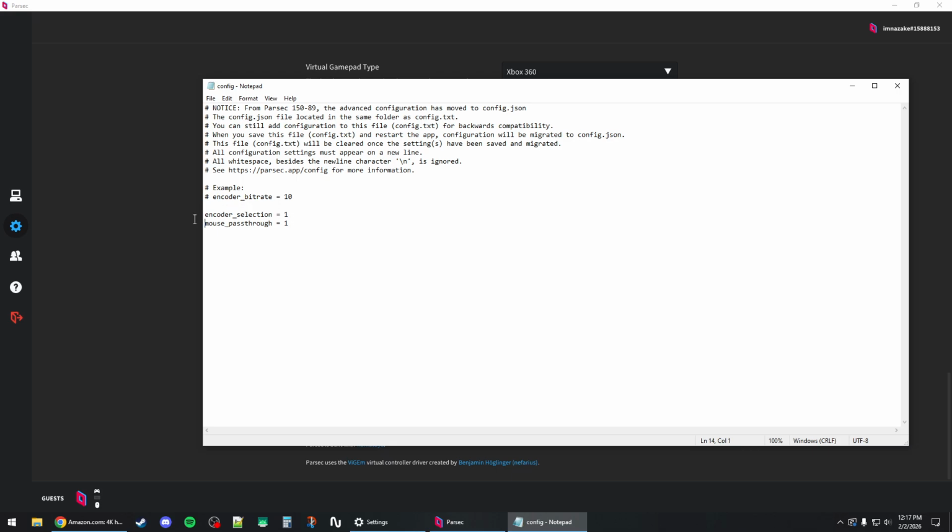And then you want to add this line right here, which is encoder_selection equals, and then the encoder type. So 0 to disable, 1 to enable NVIDIA and NVENC encoder, 2 is for AMD AMF encoder, and 3 is for Intel or CPU encoder. I'm going to set it to 1 because they have NVIDIA GPU, and then click on save and close the